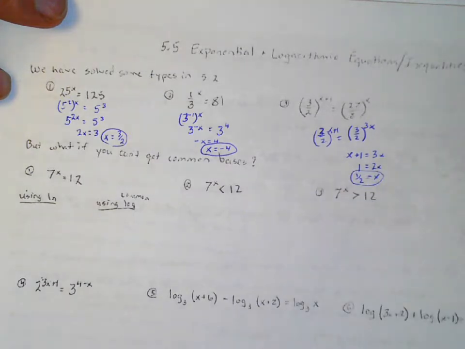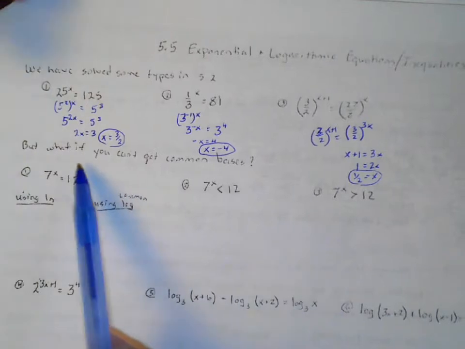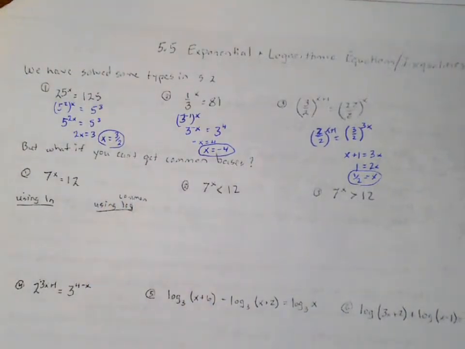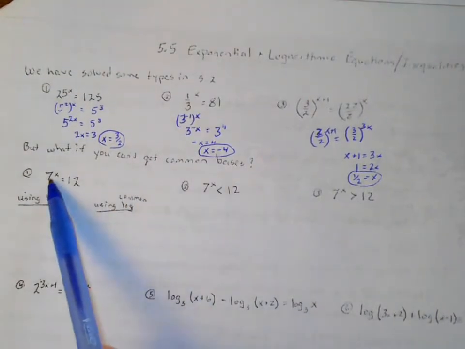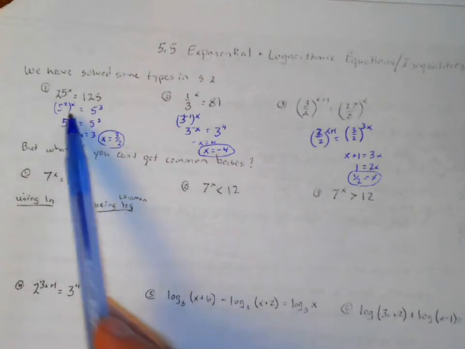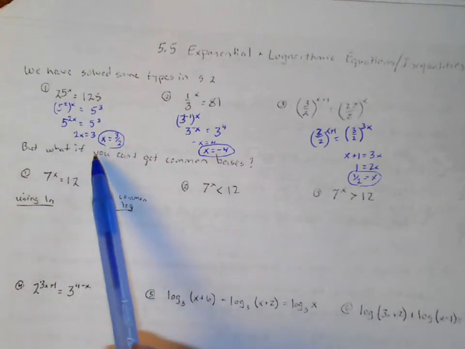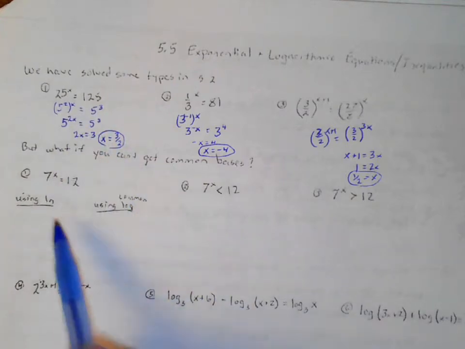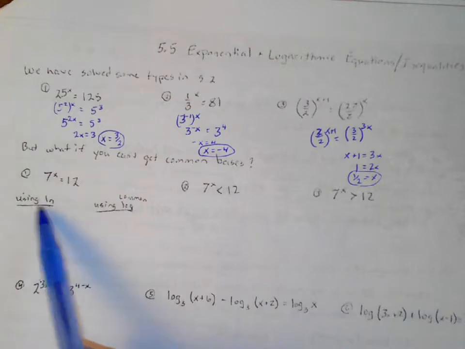Okay, so we did some like those. But what if you don't have the same bases? Okay, what if I can't get the same bases? Like 7 and 12, there's no way I can get them both to be the same base here, really, right? Okay, so we can do two different things here. We're going to use natural log or the common log. If I use natural log,